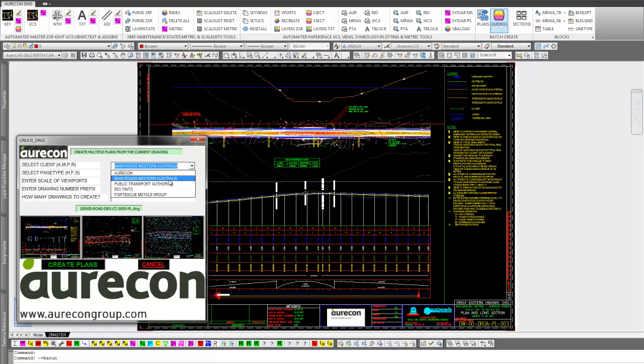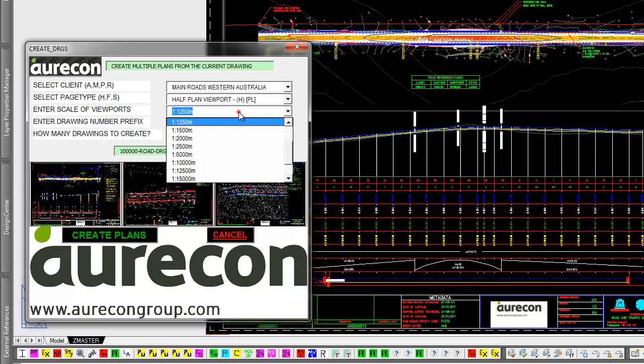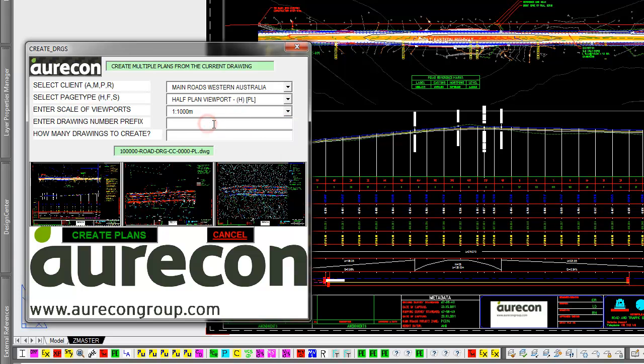So again, select Western Australia, it's a half, no, it's 1,000, sorry, 0, and how many drawings to create? Let's just do 3 for expedience. Let's create plans. So what we can see here is it's copying the UCS and views via a VLX list